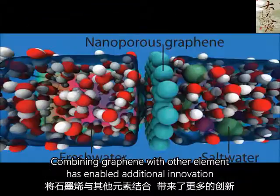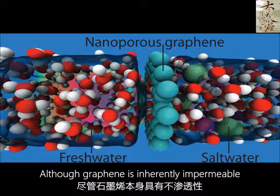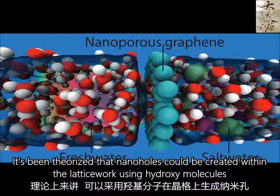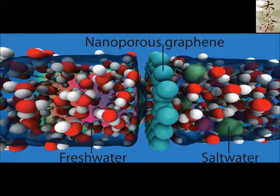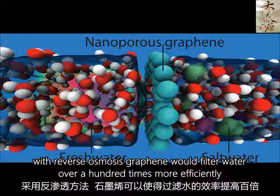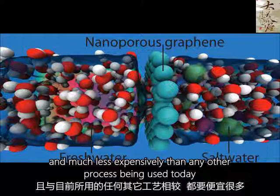Combining graphene with other elements has enabled additional innovation. Although graphene is inherently impermeable, it's been theorized that nanoholes could be created within the latticework using hydroxy molecules, and the resulting structure could be used to desalinate water. Through reverse osmosis, graphene would filter water over 100 times more efficiently and much less expensively than any other process